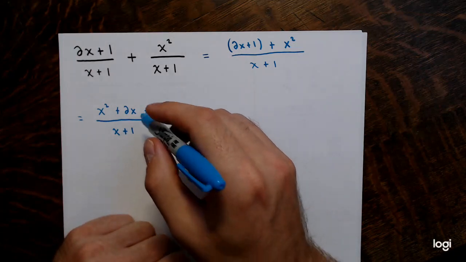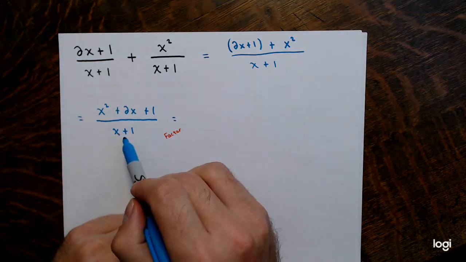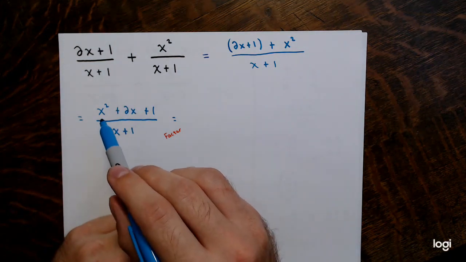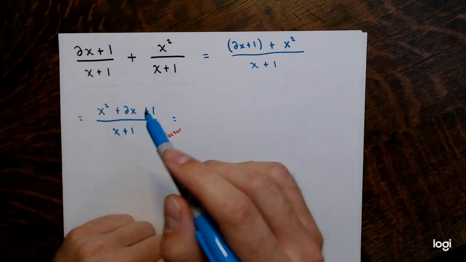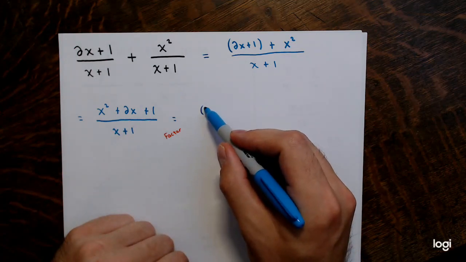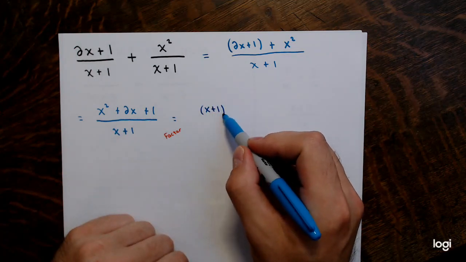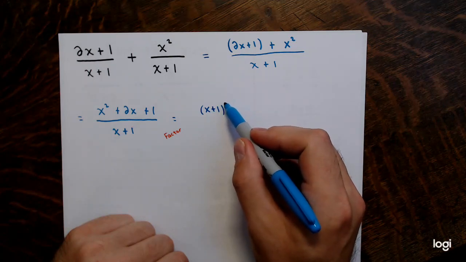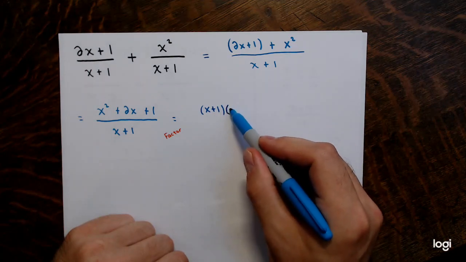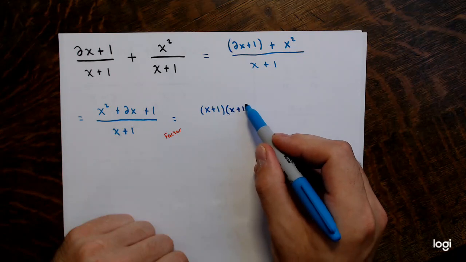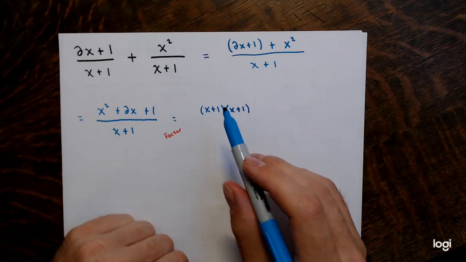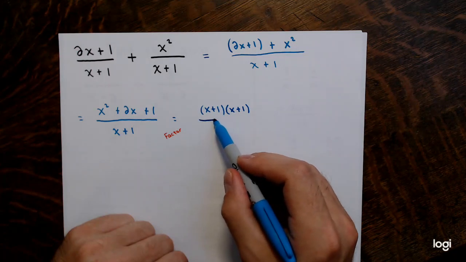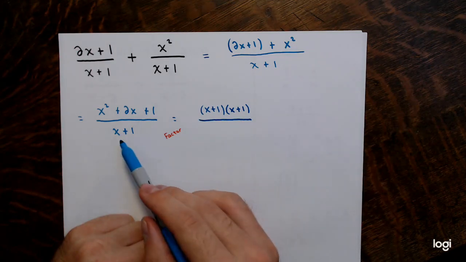I'm going to factor the numerator and denominator completely. So you have x squared plus 2x plus 1. It's a quadratic trinomial. That would actually factor to (x plus 1) squared. You can put the second power, or you can write them both: (x plus 1) times (x plus 1), same thing. This is the same thing as (x plus 1) squared, divided by, and then the denominator